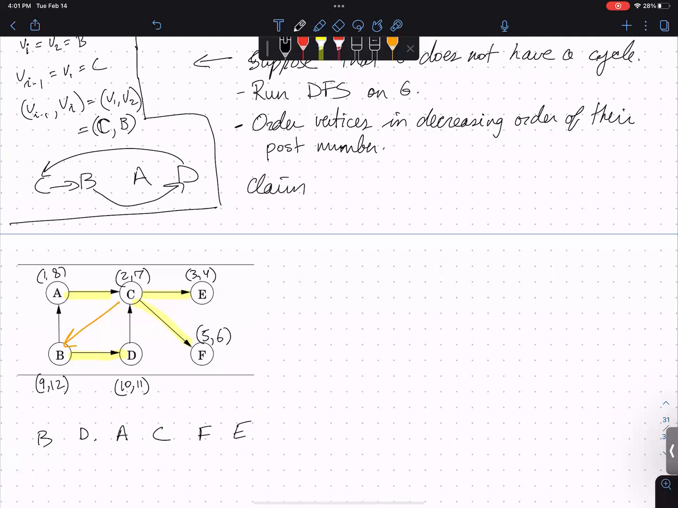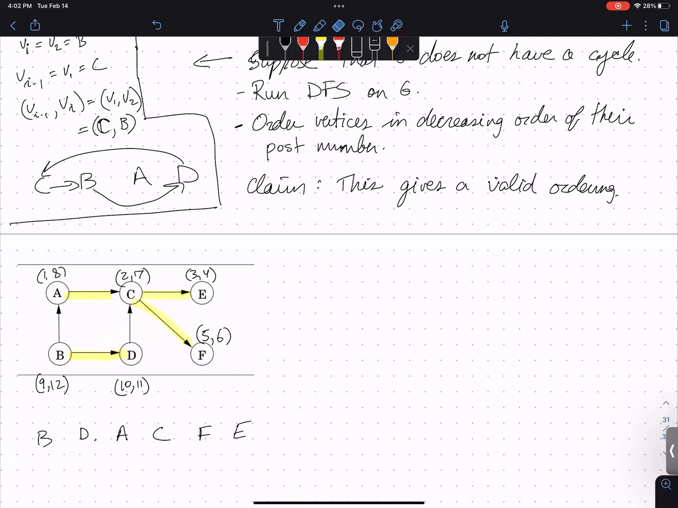And I'm going to claim that this gives a linear ordering, a valid ordering. Let's double check on this example. So if I now put all the edges,